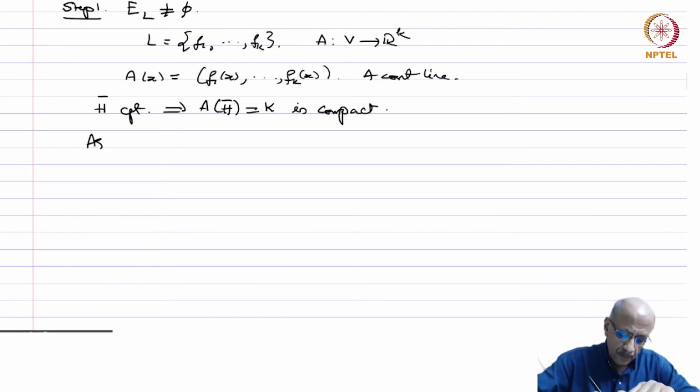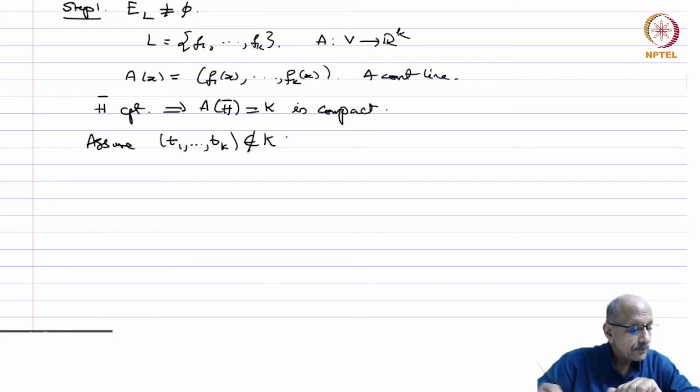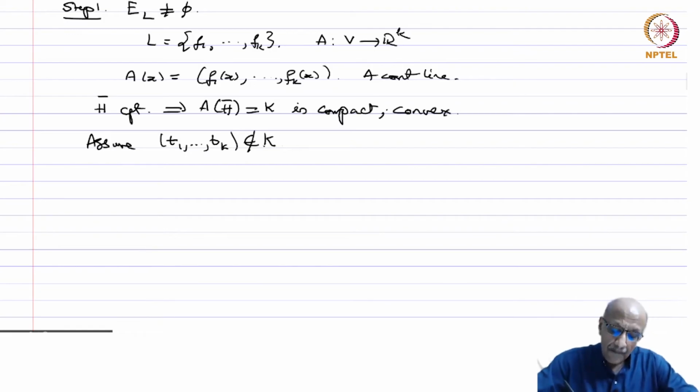So assume there is a vector t1 to tk which is not in K. So I have a compact, and this is also because H closure is convex, A is linear, therefore this is also convex. So K is a compact convex set. T1 to Tk is a singleton, which is also a compact convex set if you like. So by Hahn-Banach,